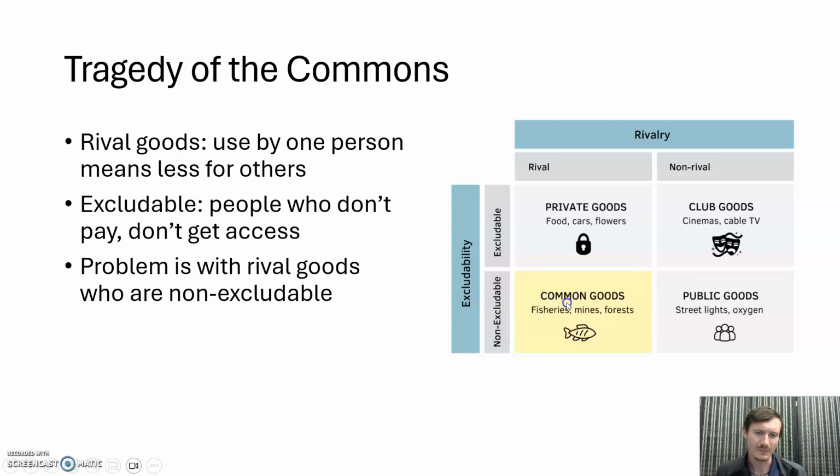And then finally, we have these common goods. So this is where our tragedy of the commons comes in. It's non-excludable, so you cannot stop somebody from using it if they don't pay, but it is a rival good. So one person using it affects another. So fisheries would be a sort of classic example, but forests would work as well. There are some examples that get a little bit complicated here. So like roads. One person driving on a road doesn't necessarily impact another person directly, but at the same time, if you have enough people driving on it, it will break the road down.